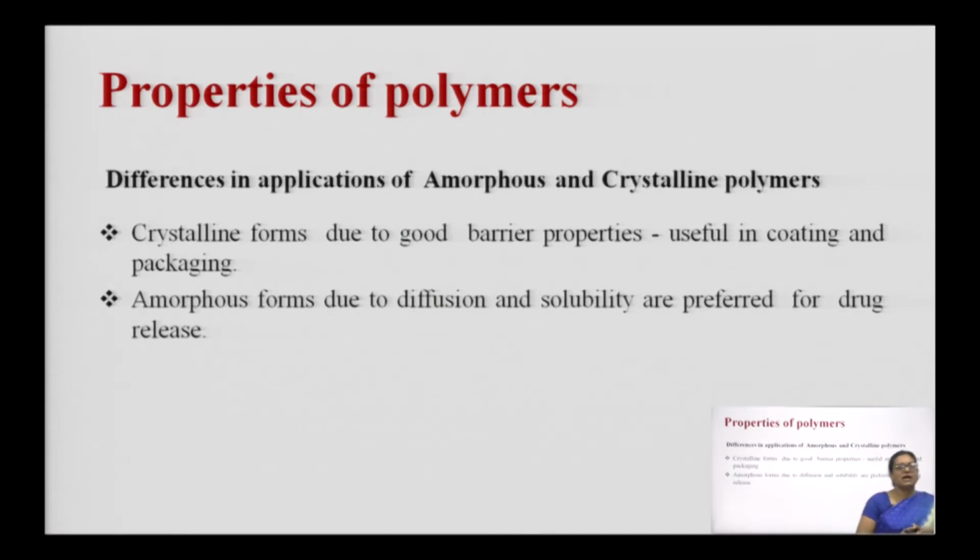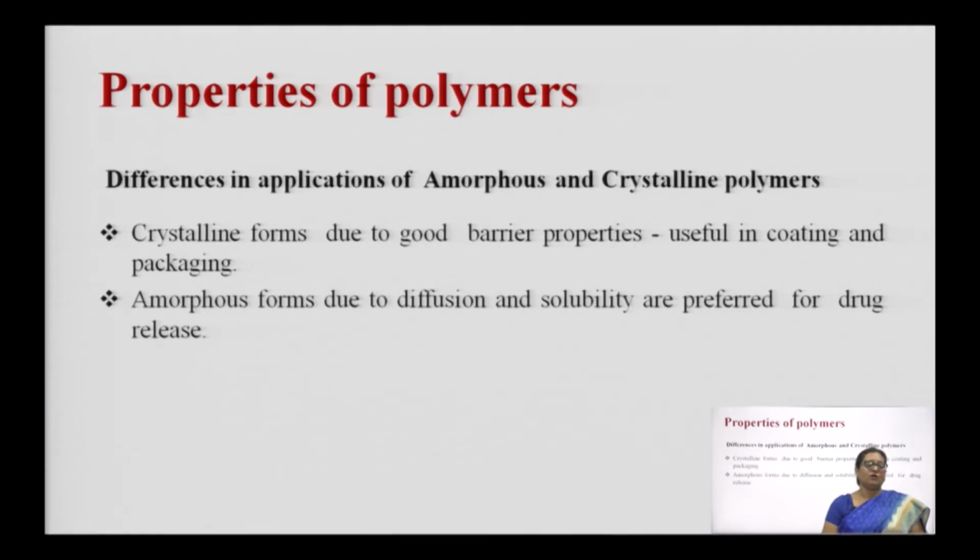Here I have an example where, by virtue of their properties, crystalline forms and amorphous forms of polymers have been put to different uses. Crystalline forms of polymers have good barrier properties. Barrier properties means that they are impervious or impermeable to atmospheric moisture or oxygen. So, they are useful in coating and packaging applications, particularly in pharmaceuticals, where drugs are to be protected against the